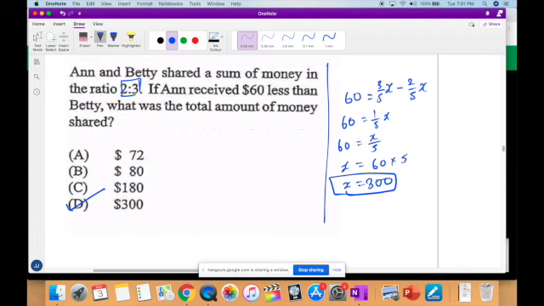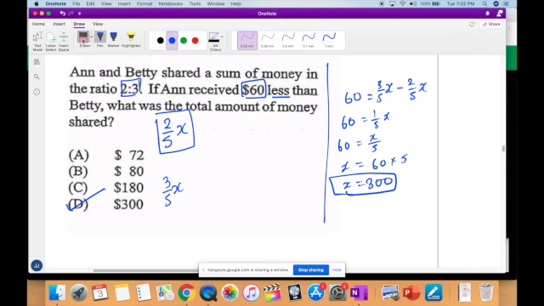So that means that Ann has 2/5 of the total, and that means that Betty has 3/5 of the total, right? So what we're saying is that what Ann got here is $60 less than what Betty got,